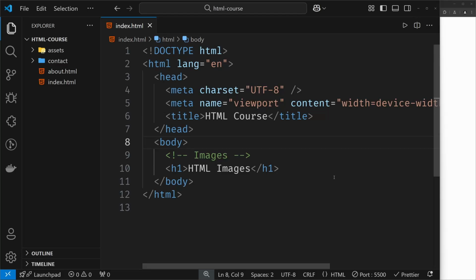Hey, welcome back. So in this video, we will be learning about images. So the image element in HTML and how we can display the images in our web page. So let's get started. And as usual, the images are very crucial inside of the websites, and you see